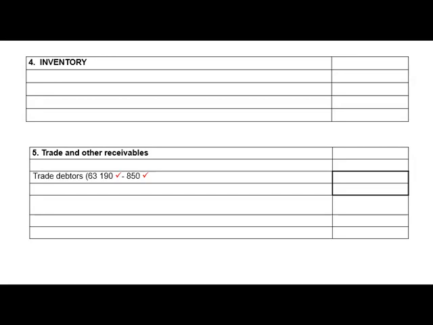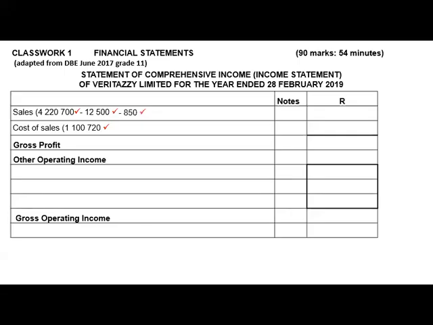Now I need to find the cost price relating to that 850. I am going to take the 850 because they gave us the markup and they said the markup was 25%. I'm going to take that 850 times it by 100 and divide it by 125, and that will give me the cost price, which is 680. I need to subtract that from cost of sales. And at the same time, after subtracting it from cost of sales, I need to adjust my trading stock by